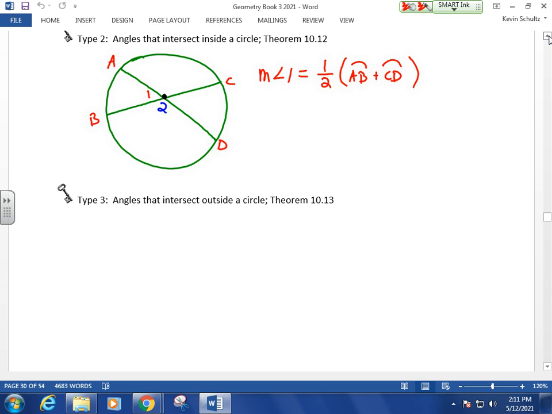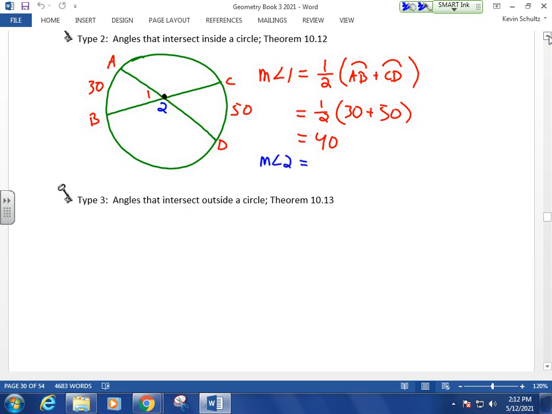So if AB is 30 and CD is 50, the measure of angle 1 would be equal to half the sum of AB plus the arc measure its vertical angle creates, 50. The measure of angle 1 would equal 40. Okay? Does that make sense? Right? So then for angle 2,